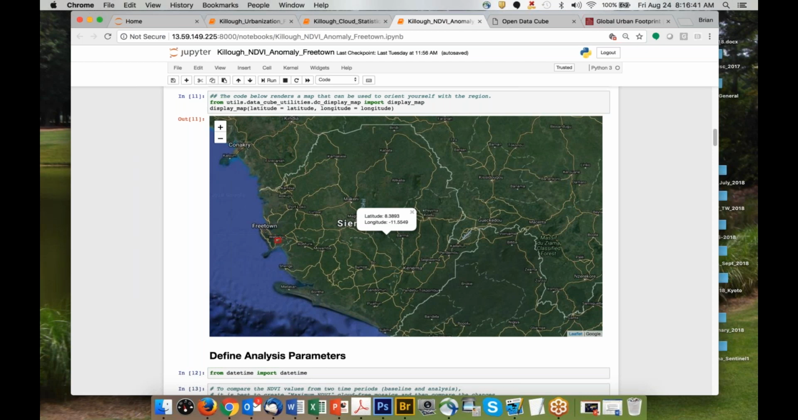I just want to know how you determine the NDVI threshold. NDVI threshold? Yeah, how do you determine that? Someone wants to know how you determine the NDVI thresholds. The NDVI threshold, so